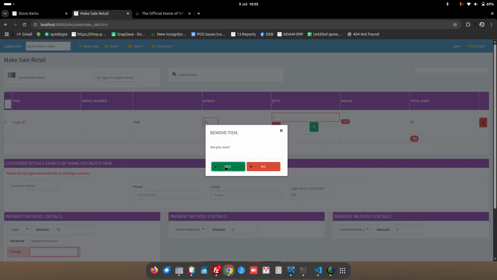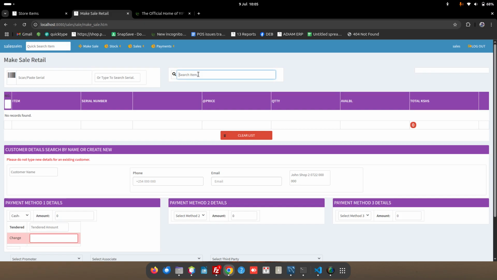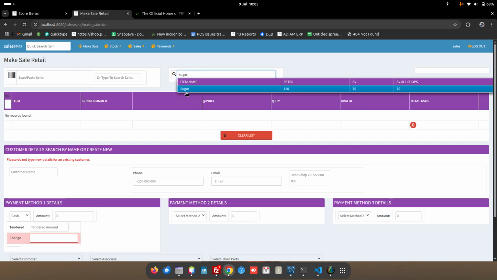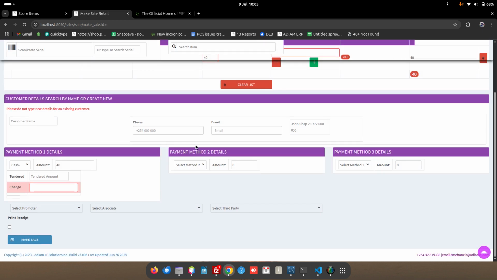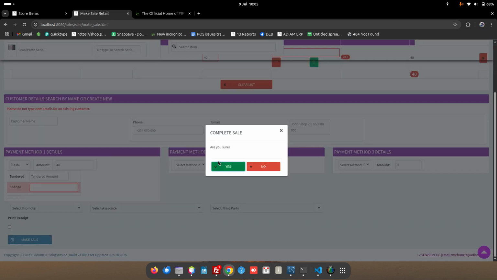Let me repeat this. Let me search for sugar again. If I pick sugar, you see it is selling at 120. The system automatically picks 120 as the price because it picks the quantity in full. But if I pick a quarter, this changes to 40 because it will reduce the quantity by 0.25. So if I make a sale now like this,